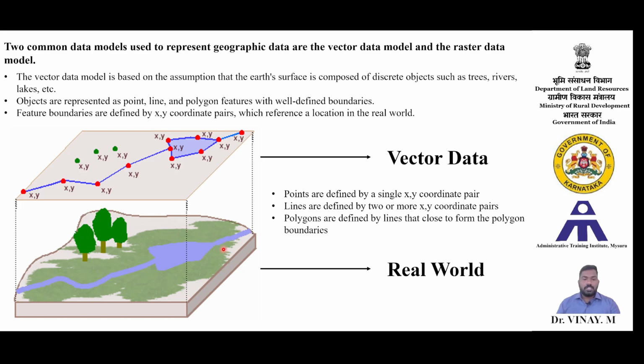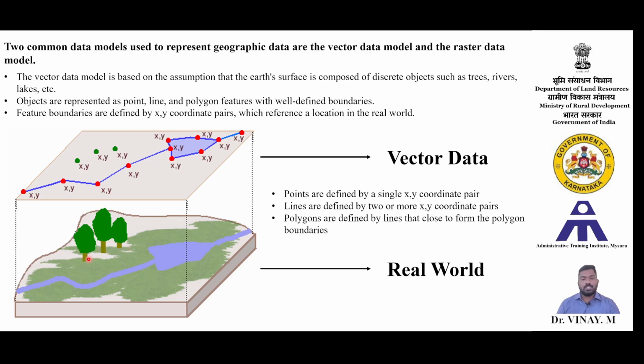So this is the illustration of how the real world will look. If we look into this, we have one landscape with different features: three trees, one stream and one water body that is formed, another stream, and again a lawn area here. So what we can see here is that the trees are distinct in nature, there is